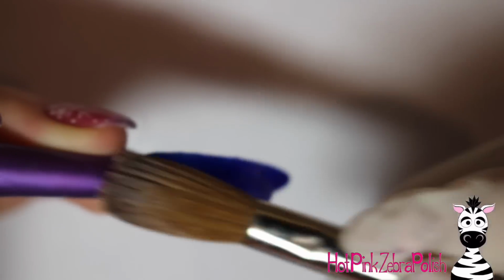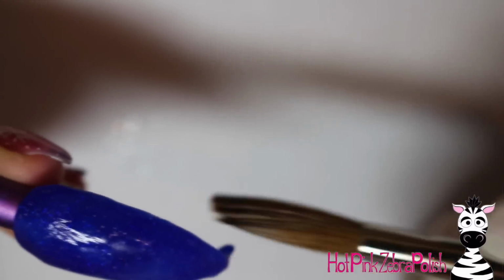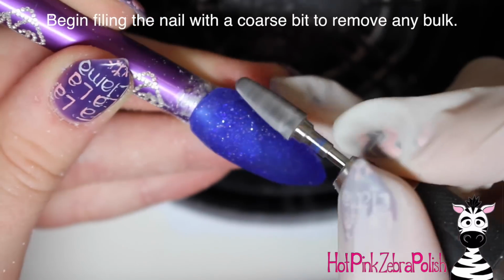Plus, anytime you use glitter in your background, you really want to have clear on top of it because the glitter is very easily ruined when you file it. When glitter's involved, filing is just a difficult procedure. So if you put that clear acrylic on top of it, it's like a little file guard and it really helps you out. So now, as I mentioned, I'm going to be filing this nail,